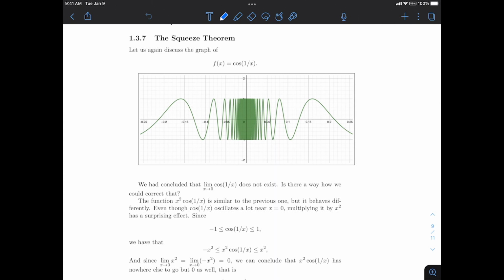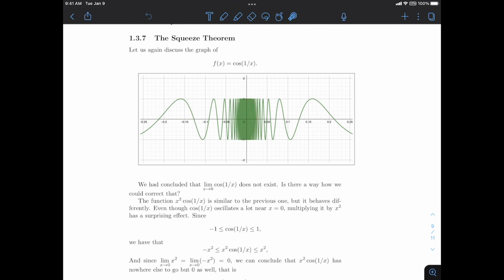The squeeze limit is one of the most important tools in calculating limits, especially when those limits include trigonometric functions. Let's examine again the graph of this function f of x equals cosine of 1 over x. And if you recall, I discussed this in a previous video, no matter how close you get to 0, the graph oscillates even more widely